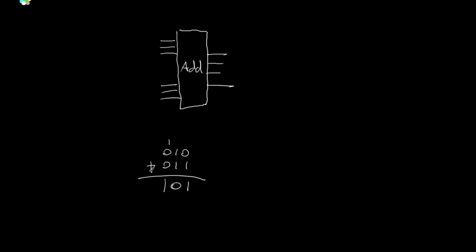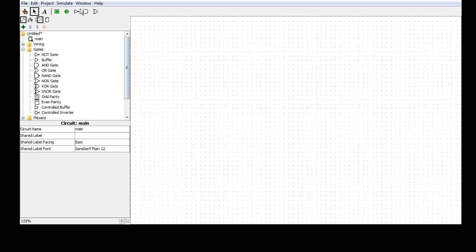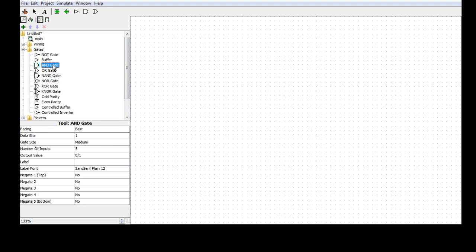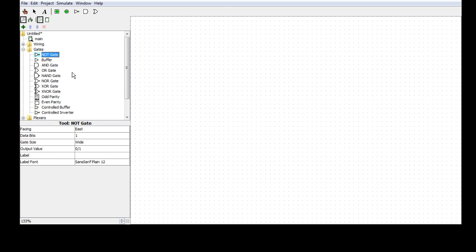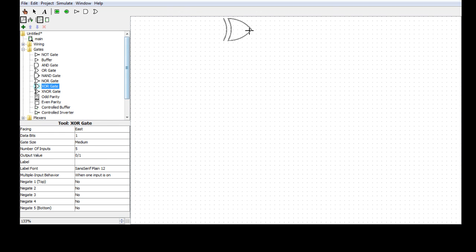Before we get into that, and this is what I'm going to cover next, I just want to go quickly back into Logisim and derive some of the other gates we're going to be using. Because like I said, we can make everything out of AND, OR, and NOT gates. But there are other useful gates that we want to use. And those gates can be synthesized out of the simpler gates. So, first off,